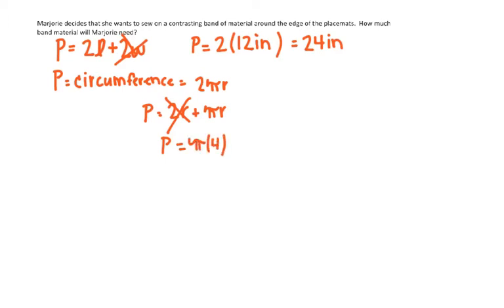And so if I multiply pi times 4, I get 12.57 inches. And remember, we actually have 2 semicircles. So I need to multiply this 12.57 inches by 2. So I'm going to multiply that by 2. And when I multiply it by 2, I get 25.13 inches. So that is the perimeter of both of my semicircles combined. So if I'm going to find the perimeter of this entire plate,